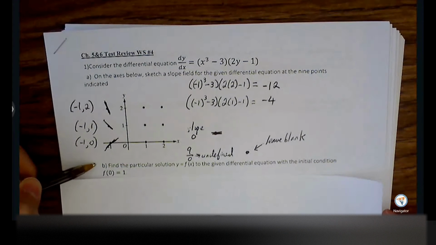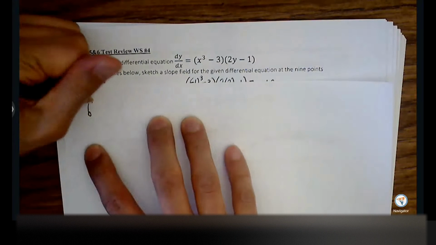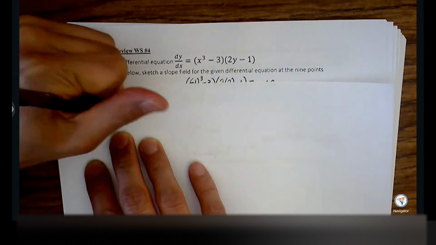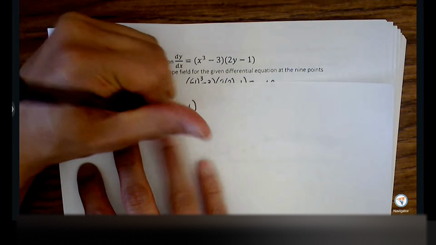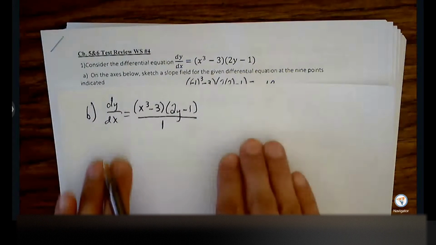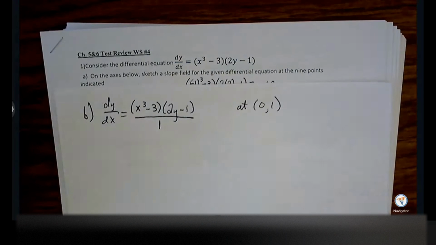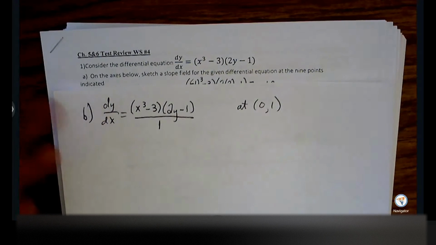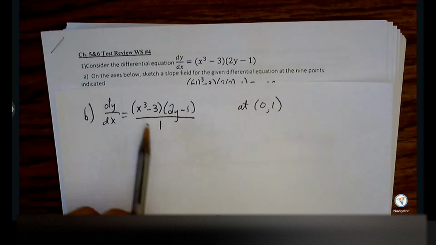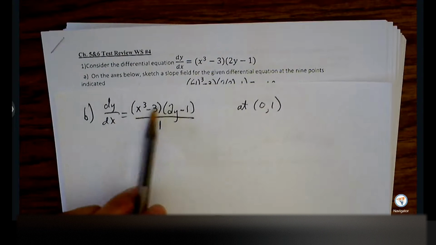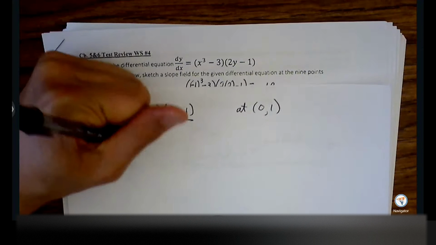Okay, it says find the particular solution given the differential equation, or slope formula, with the initial condition of f of 0 equals 1. Okay, so part B. What I like to do is begin thinking in terms of cross product, because my first goal is to get my dy and dx in their right places. I may not get full separation of variables, but I will get my dy and dx off to the right spots, and then we can worry about anything else that needs to be moved. So I'm just putting a 1 under the denominator here to help me see how I'm going to cross multiply. So cross multiply here, 1 dy equal to